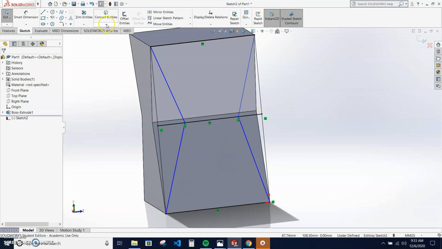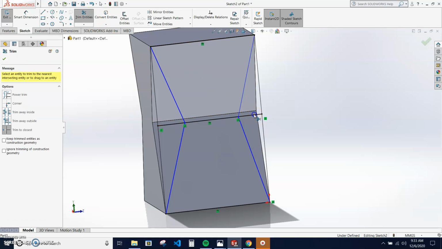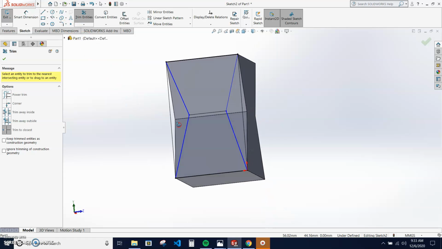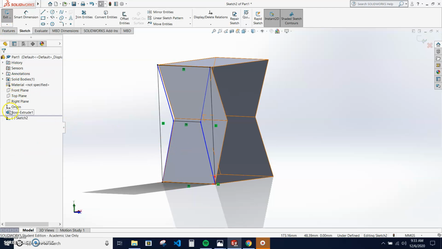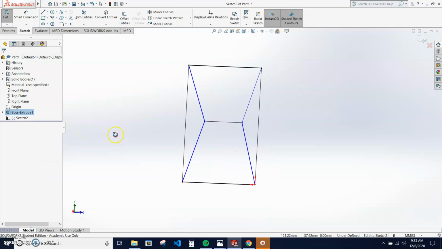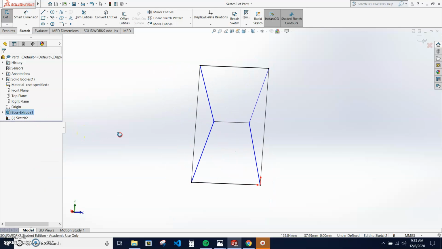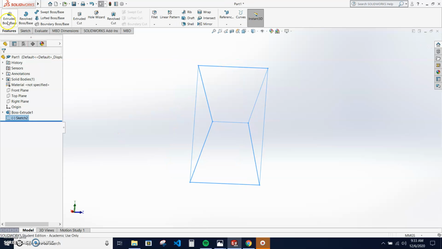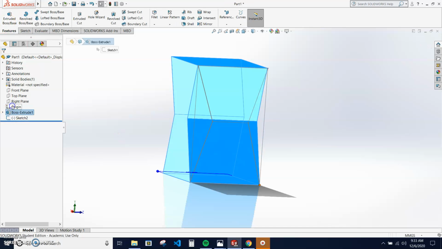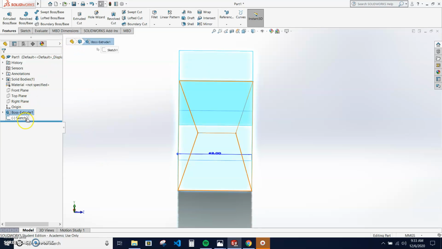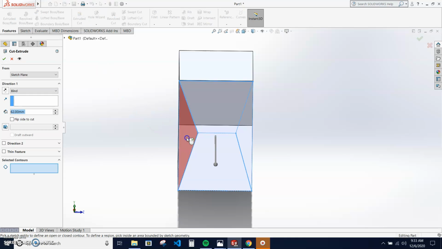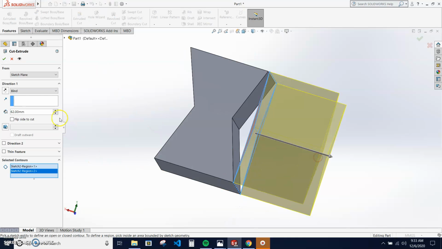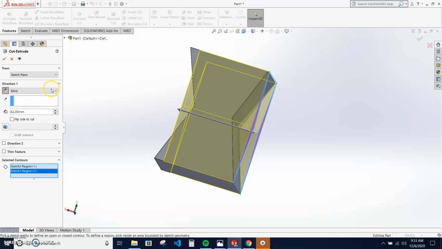Right, you're going to need to trim these back, or I don't know if I even need that, but it does show that it's on that same line. Right, so I need that just to make things really clear here. If I turn off my boss, that's my sketch. I'm going to turn that back on, and then I'm going to highlight my sketch 2. I'm going to do an extruded cut, and I want to flip that around, maybe go through all,